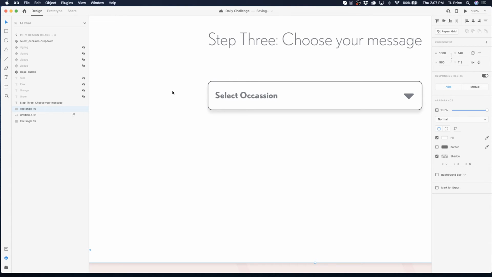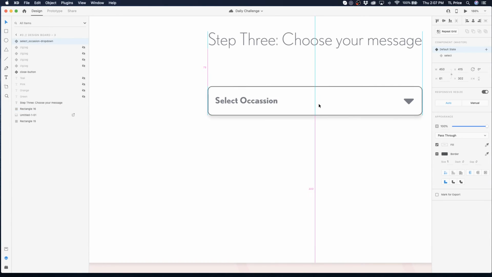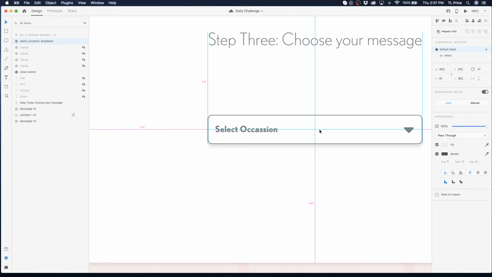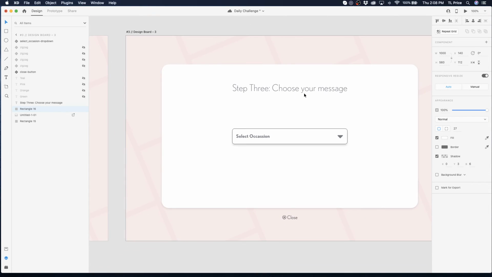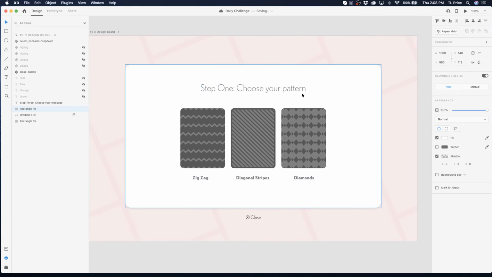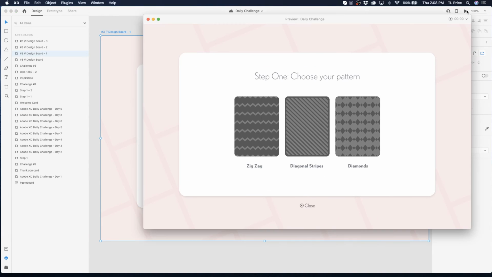And here's where it gets a little interesting, because to do this properly, I need to build out multiple levels of things. But for right now, we're just going to center this in the middle, and this is going to be occasion. And we're just going to jump up to screen, and we're going to go back here, and we're just going to test this out. So this is going to be